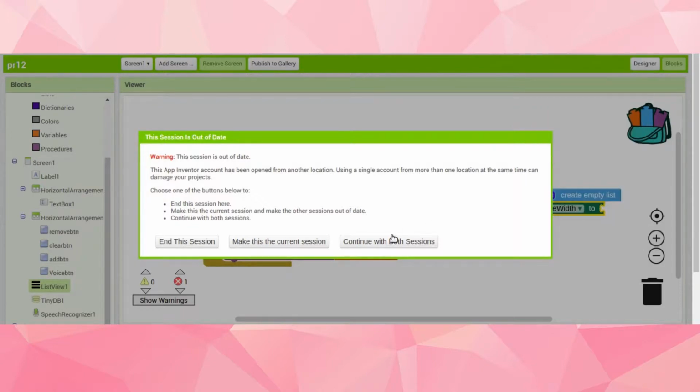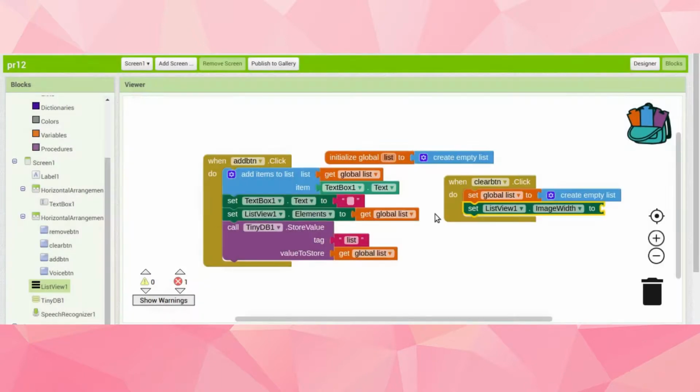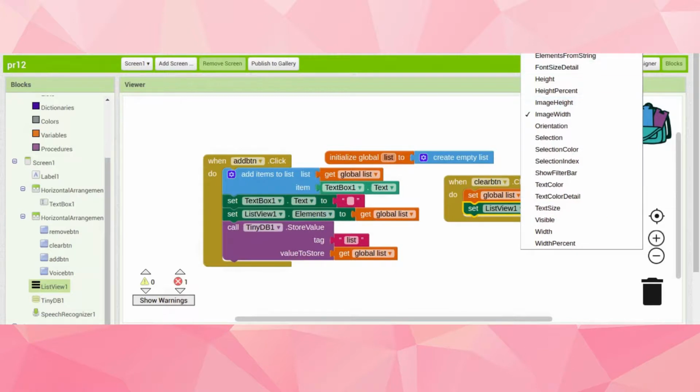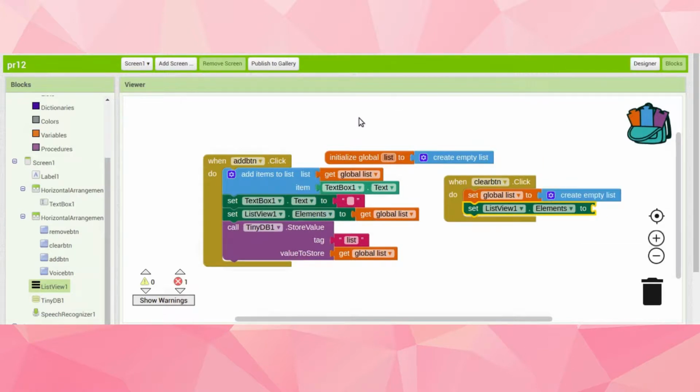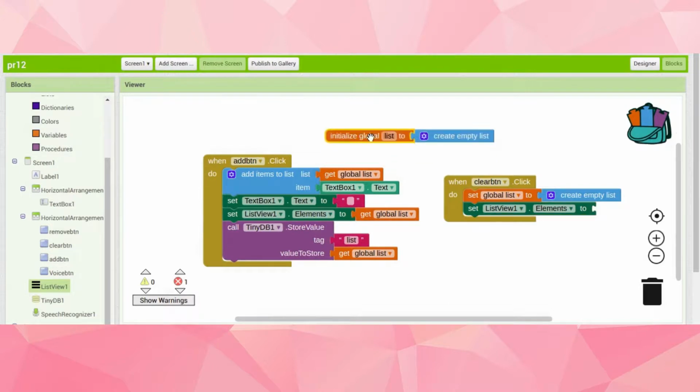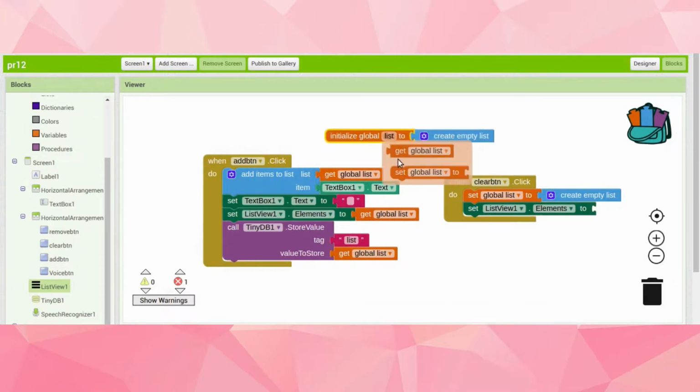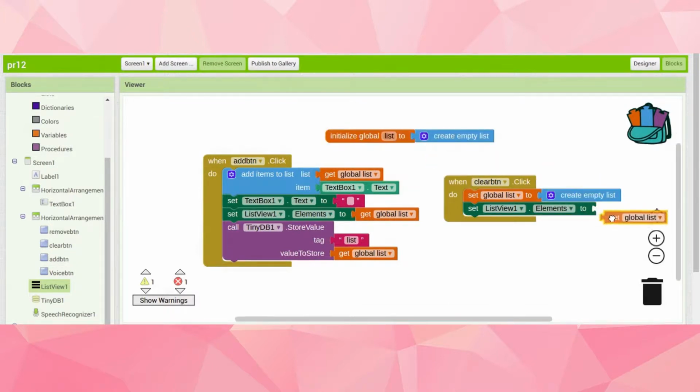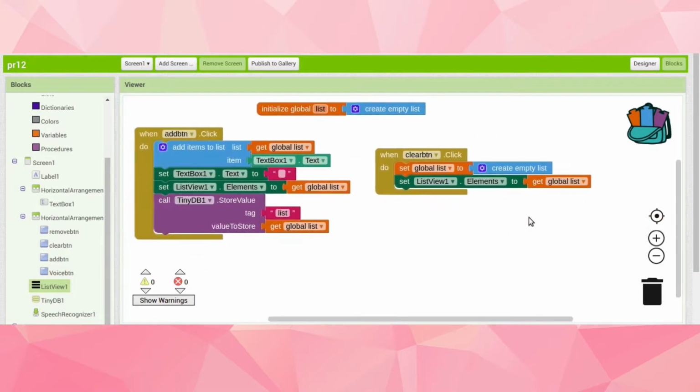That's all right, that's a mistake. Okay, elements,